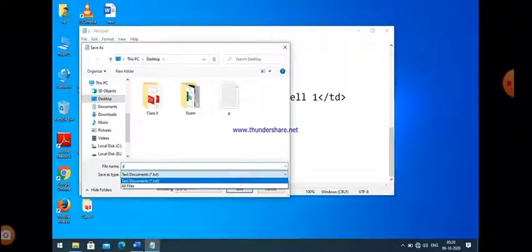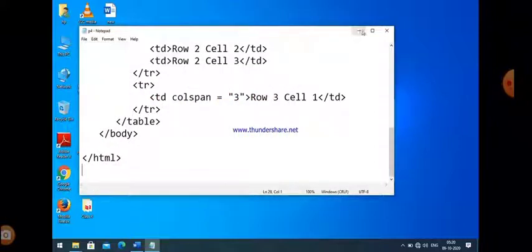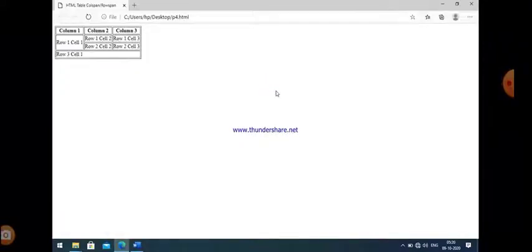Okay, now just write the code here, save the file, and let us see the output by just double clicking on that. Now you can see the output here. This is the output. Okay, column 1, column 2, column 3, these are the outputs here, you can easily see.